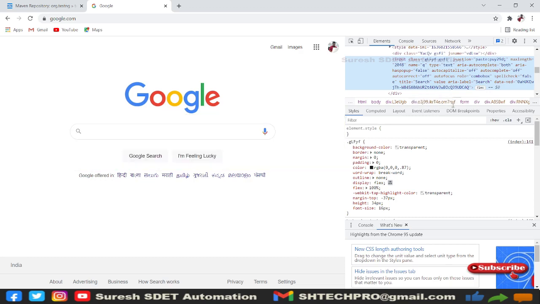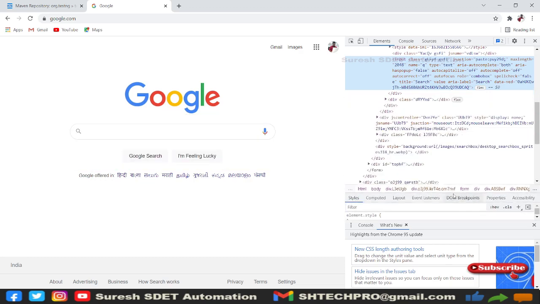and if you are new to finding locators and you want to learn something new, then I will provide the tutorial link in the description section where you can learn from scratch on all the locators. And from here we need to find a unique element from this DOM. Mostly you need to look for ID, and if ID is not available, then you can go by name. Here you can see name equal to q, right?